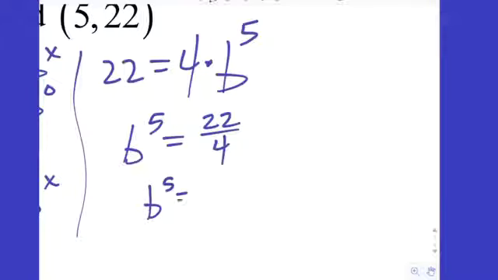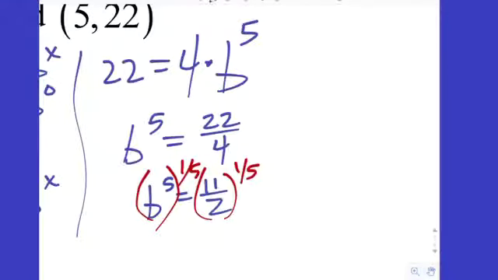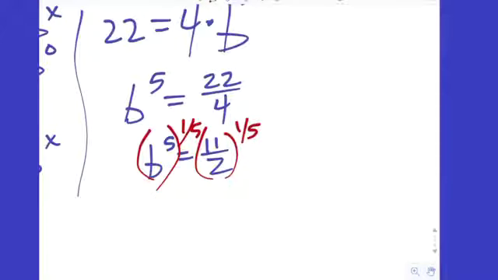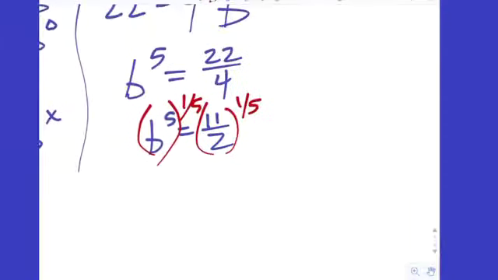Yeah, I'm going to go ahead and write that as a separate line. All right, so the reciprocal of 5 is 1/5. So if I raise both sides to the 1/5 power, do I need to consider plus or minus here? No. If the denominator of your fraction is an odd number, it's like taking the odd root. So we get b to the 5 times the 5th is 1, so that's b to the 1st, equals the